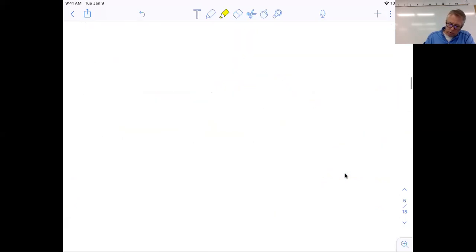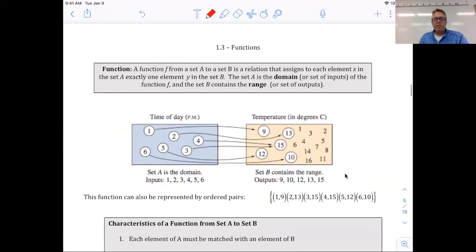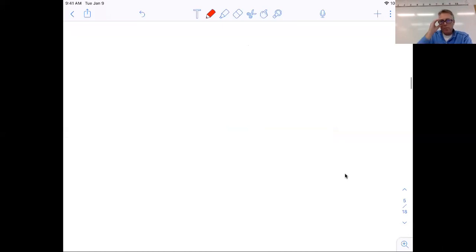All right, so I'm going to now go ahead and talk about functions. You've been doing a lot of functions already in your life. You don't even know it and probably didn't refer to it as a function. But a function doesn't have to be math. A function is any kind of relation. So before I get into the guided notes, think of a function as just some